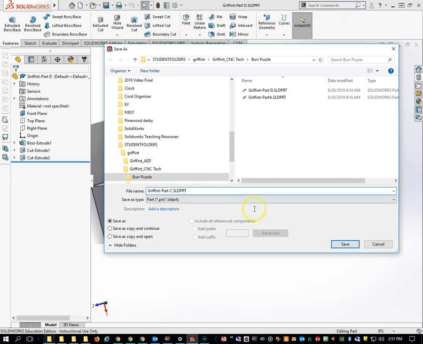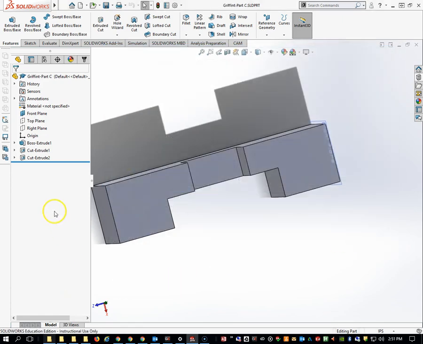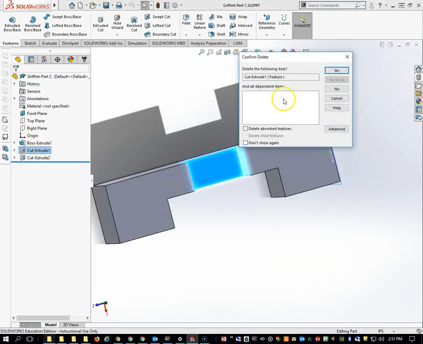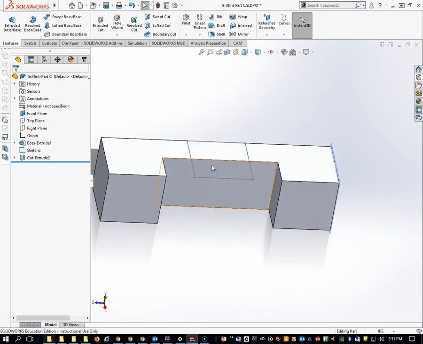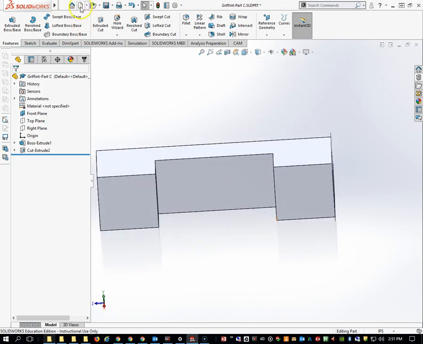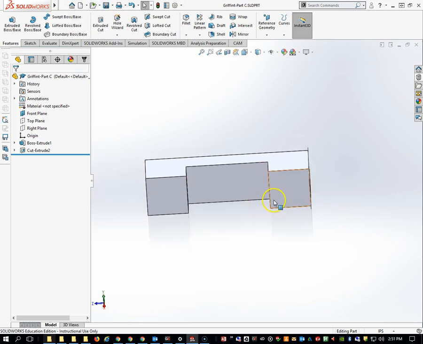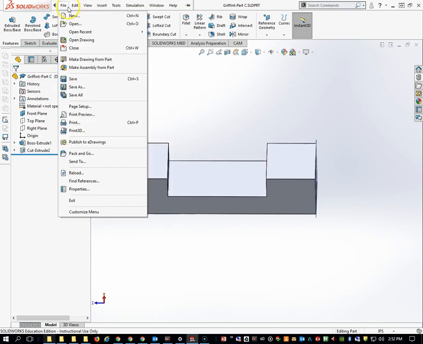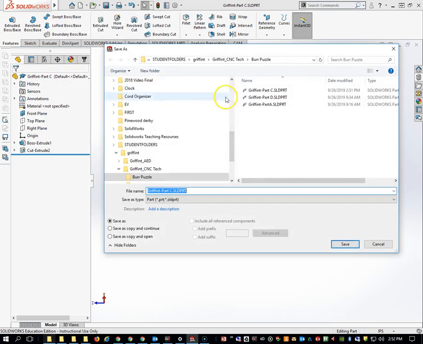And this one is super simple. Hit Save. All we need to do is get rid of this cut. So I'm going to right click and delete it. It's gone. I'm going to delete the sketch as well so it doesn't confuse us. It's gone, and that is your part C. Very simple. Hit Save so it saves the changes. All right, while we're in here, we're going to do a Save As, and we can make the final one. We need a B, so we're going to save this as part B,